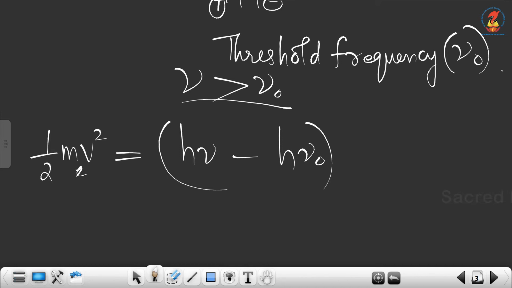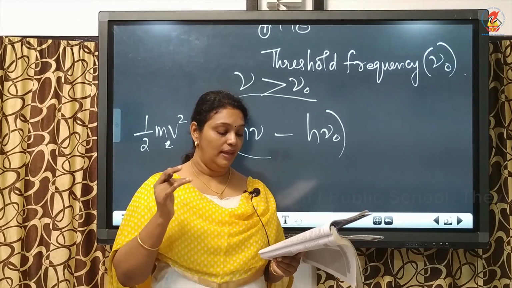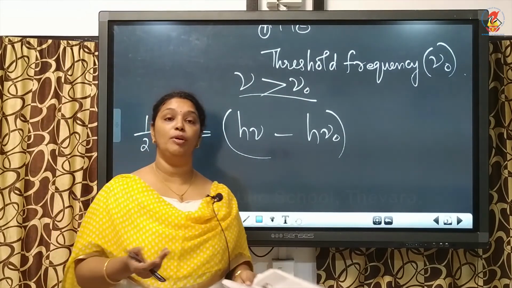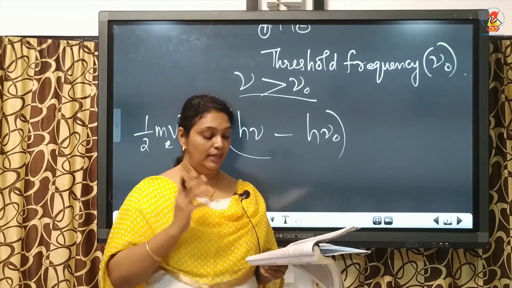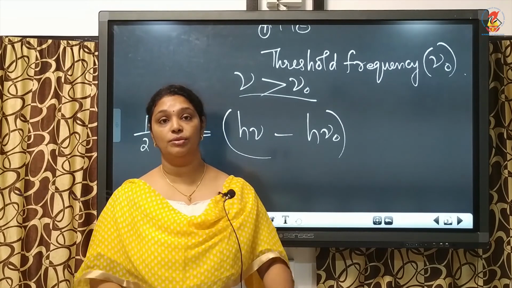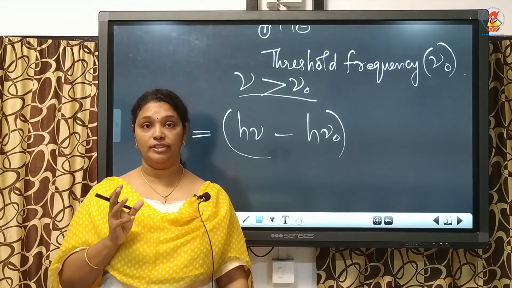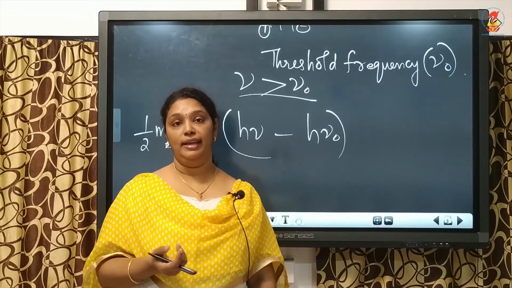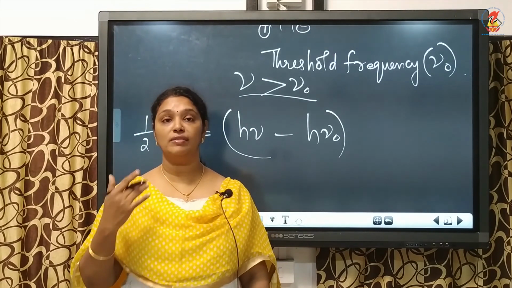Okay, so we can say that a more intense beam of light consists of a larger number of photons, consequently a large number of electrons are ejected, compared with a beam of weaker intensity of light. So this is photoelectric effect. Study the definition of photoelectric effect, its observations and the explanation made by Einstein on the basis of Planck's quantum theory.